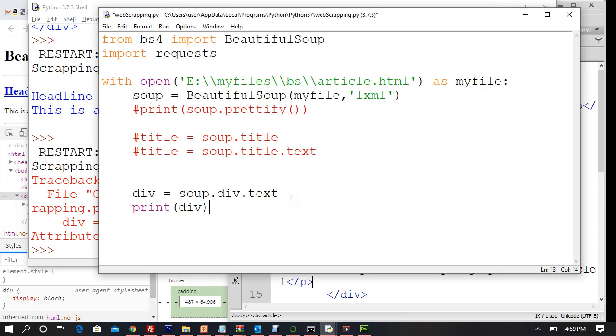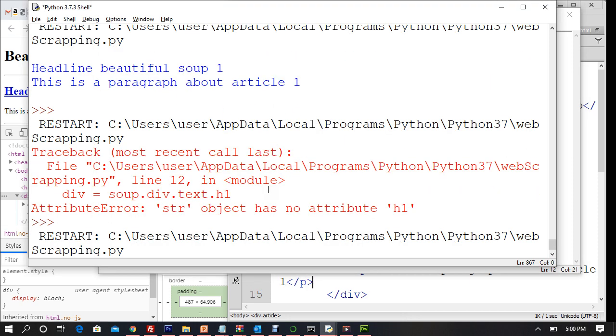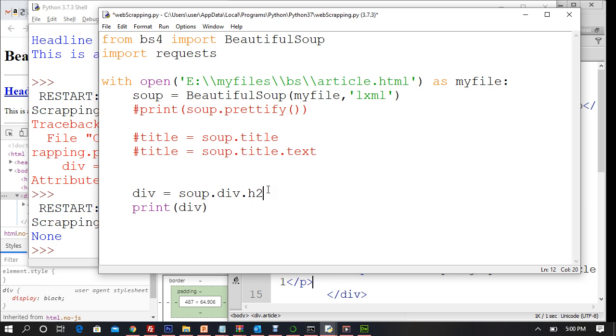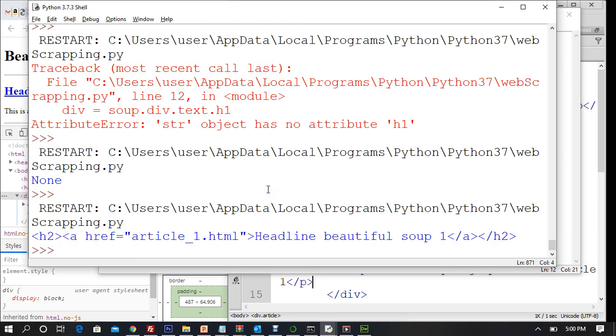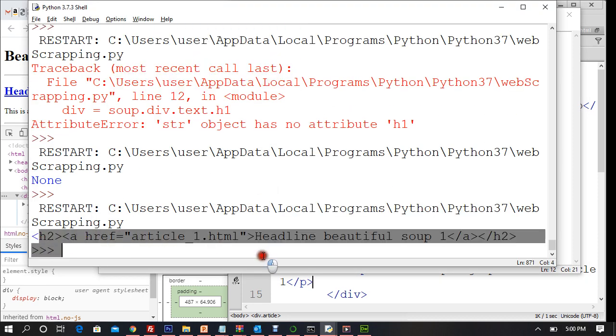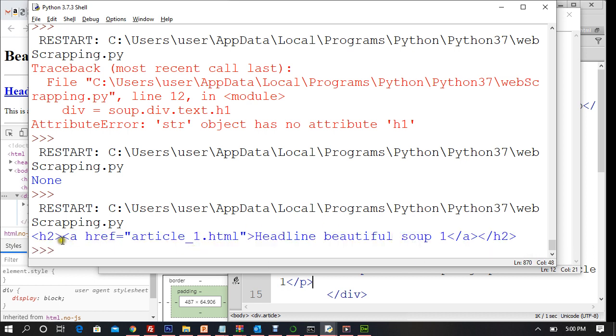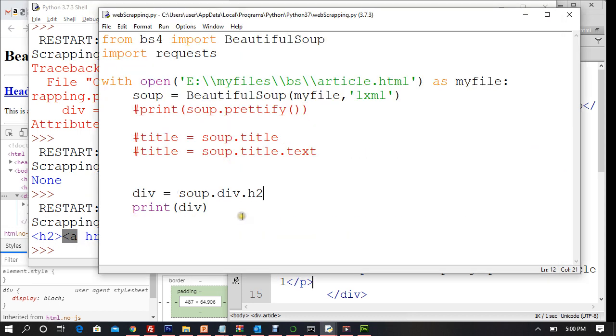So once you have found text, you can say h1. Is there h1? No, there's no h1, so let's say h2. So there's no h2. Yeah, h2 is there. Now you can clearly see, but h2 is inside an anchor tag, which is a hyperlink tag. What you can say right here,